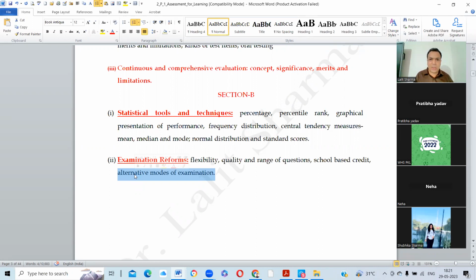After 10th or after +2, he or she can do graduation in any subject. He can take one science subject, he can take one arts subject, right? So yes, such kind of labeling we are doing now, okay? Otherwise the whole education system has become child-centered, okay? Many times in my class I have told you,